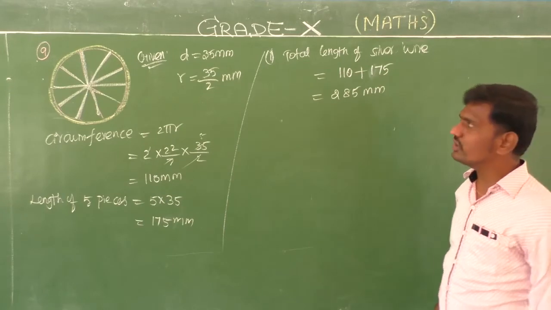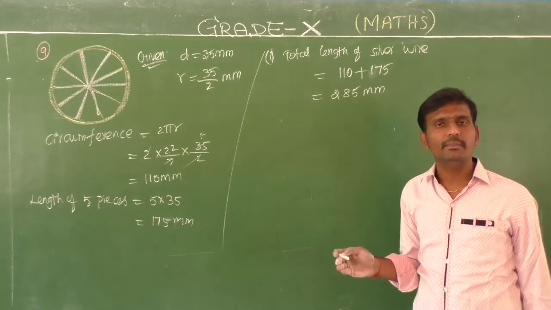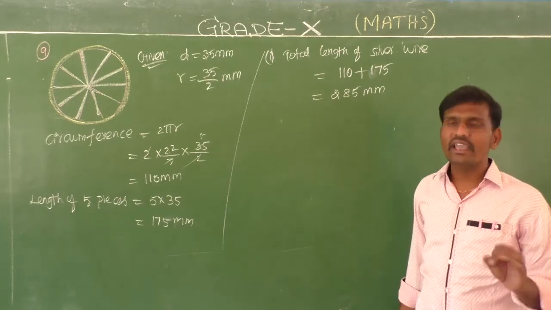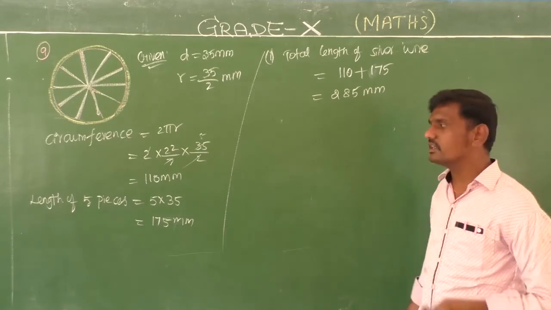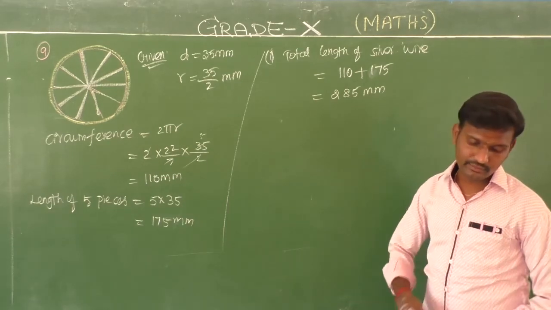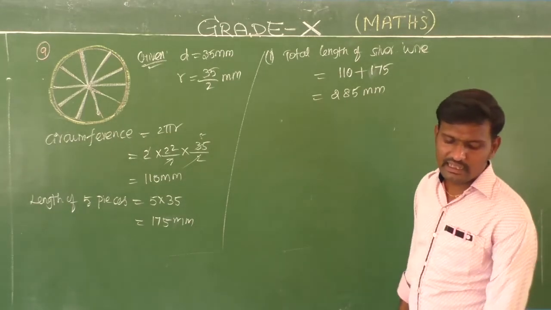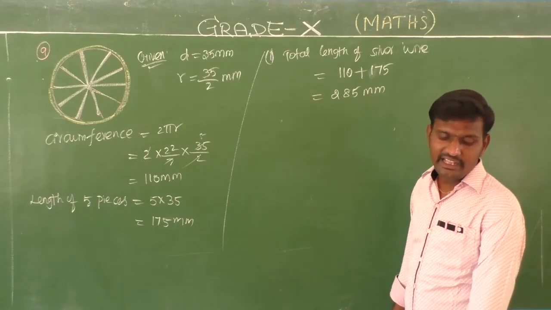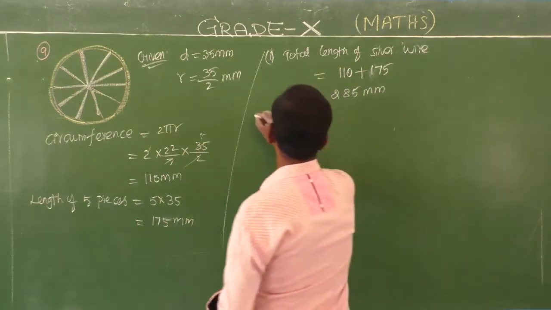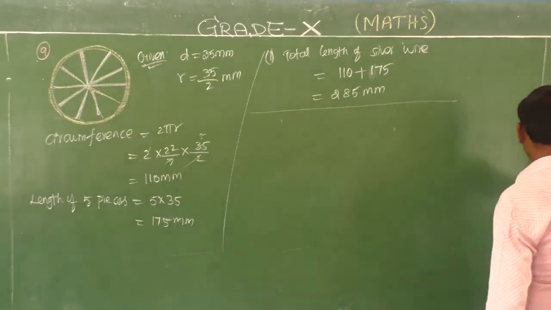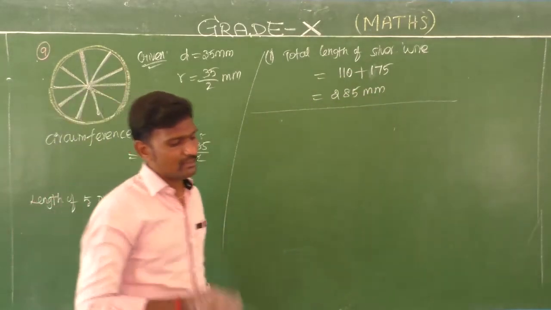Okay, have you understood, student? Because you have 5 diameters, each diameter has a 35 millimeter length. I take the 5 also, that is 175, and the circumference of one sector, that is 110. Okay, yes, fine. And next the second question asks you to find the area of the sector, the area of the sector of each brooch. So how many sectors do you have? 10 sectors by dividing the 5 diameters.